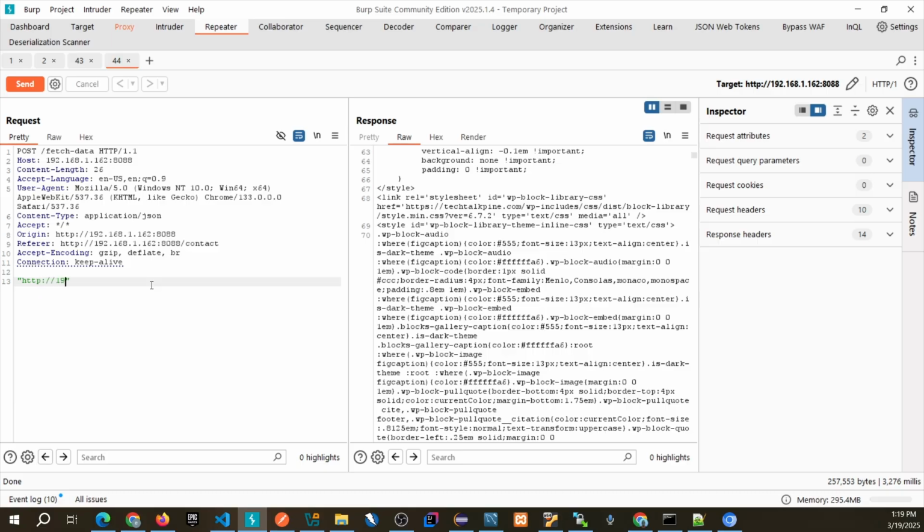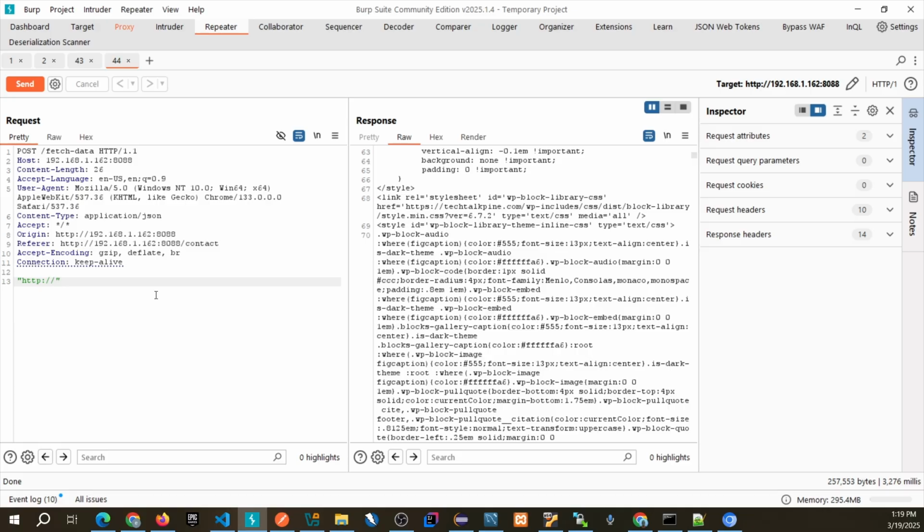Now, it only works on localhost. So what we're going to do is use localhost, but it's going to be localhost to the server, because this is a server-side request forgery. We're going to trick this vulnerable server into making a request on our behalf. If I were to type localhost in the browser, obviously it's not going to get me access to the localhost on the remote server. But if I actually exploit this vulnerability, it would be able to,